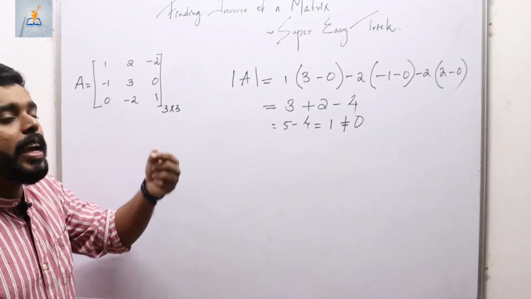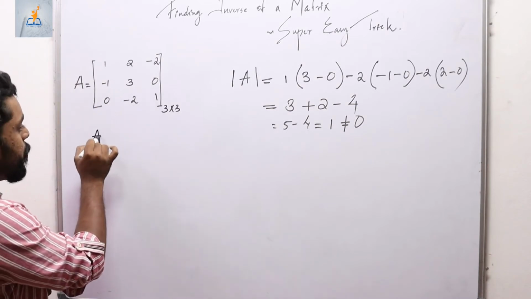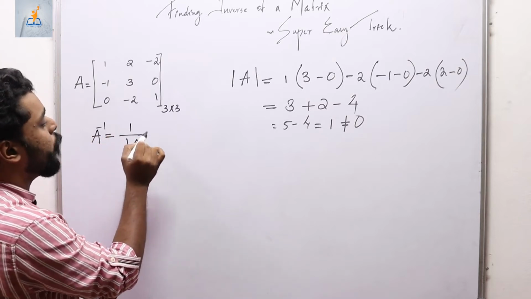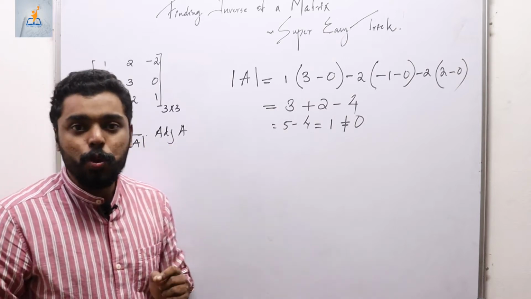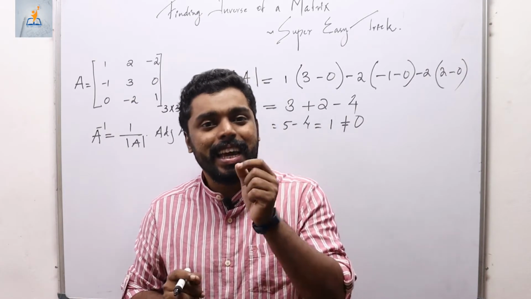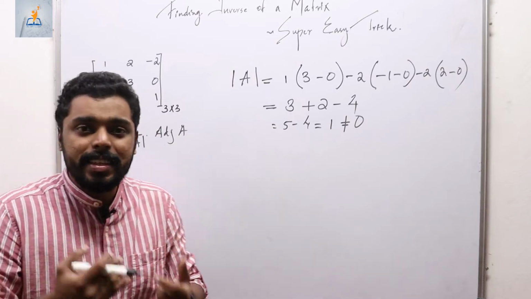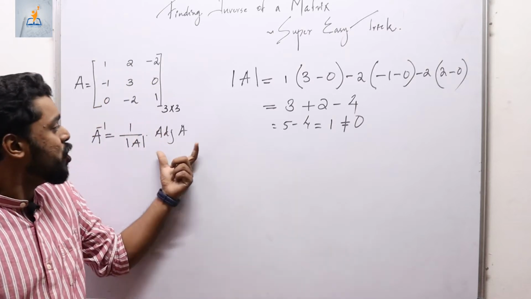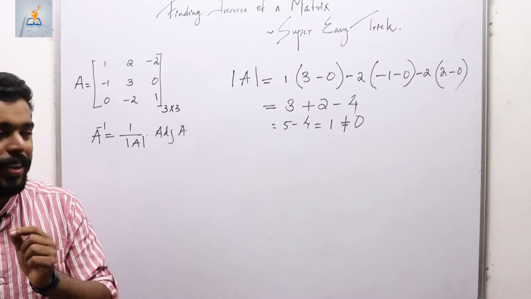Now whenever we are given a matrix, we know that the inverse of the matrix is given by the formula A inverse is equal to 1 by determinant of A into adjoint of A. What consumes most of our time while finding the inverse of a matrix is the process of finding this adjoint of A. Hence, by this trick, we will enable you to find the adjoint of a matrix in seconds. So we shall find the adjoint of the matrix A.